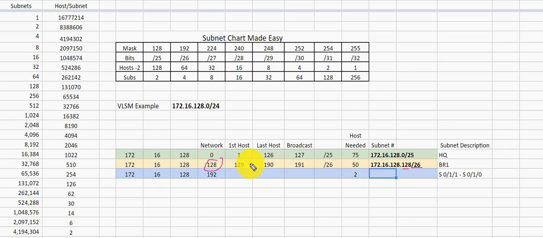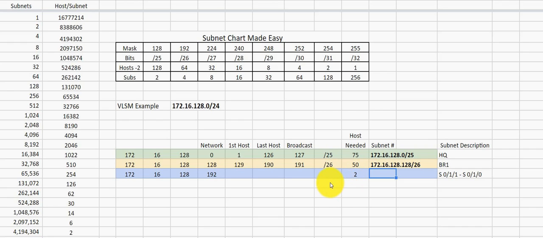Our first usable host is 129. That's easy enough to figure out. And then based on the /26 subnet mask, our broadcast address is 191 and our usable hosts are 129 to 190, which gives us effectively 62 usable IP addresses. We only needed 50, so that gives us plenty there.